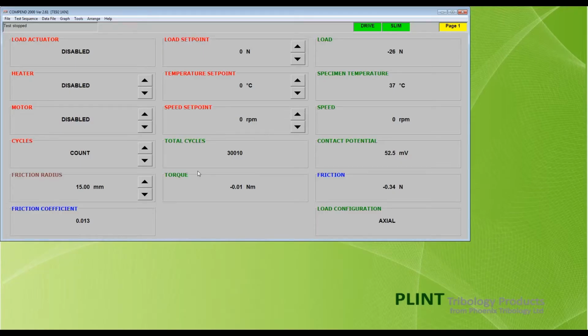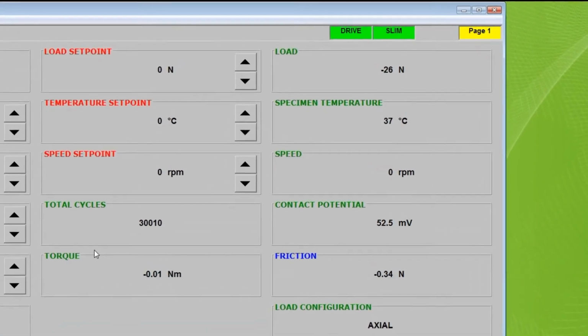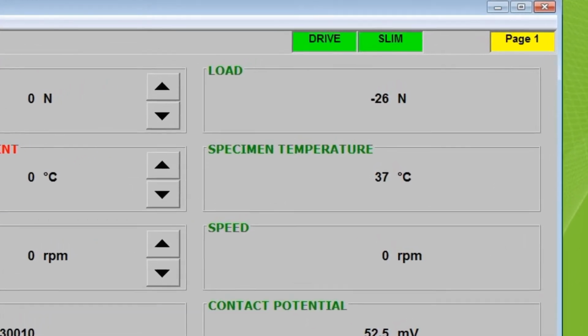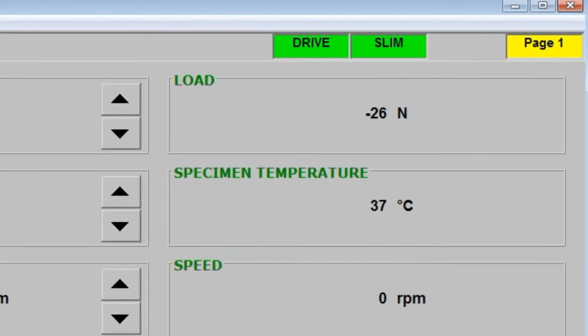There are a number of green boxes on the status bar. These indicate peripheral systems under the supervisory control of the COMPEND software. In this case, there are 2 peripheral components. The slim box refers to the Serial Link Interface module, which provides a microcontroller-based distributed control and data acquisition interface between the front-end software and the machine. A green box indicates that two-way communications has been established between the